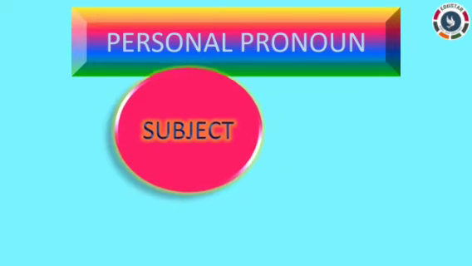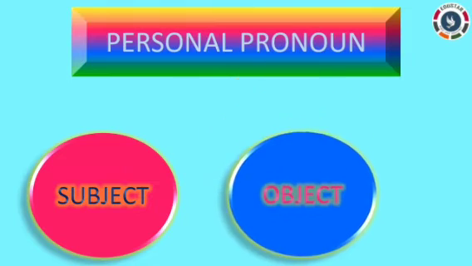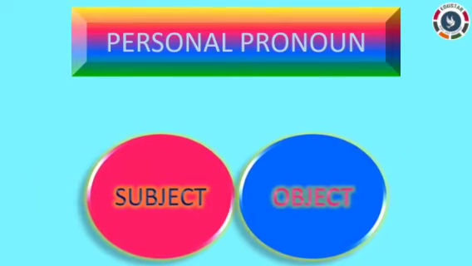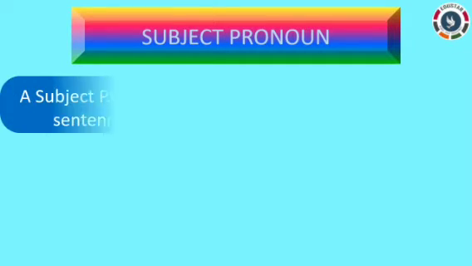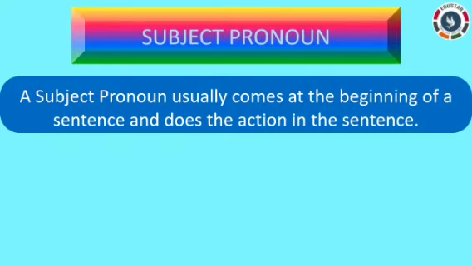In the last session, we saw personal pronouns and the 2 types of personal pronouns. They are subject pronouns and object pronouns. Let me recall it in short for you. Subject pronouns replace the subject noun in a sentence. That is, the noun which does the action. That is why they are called subject pronouns. Remember, subject pronouns always come before the verb.